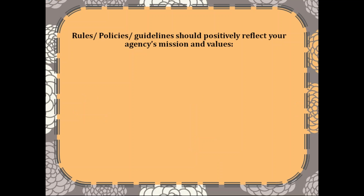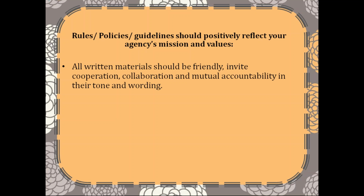So first of all, you want to be sure that whatever rules or policies or guidelines, whatever you want to call them, they reflect your agency's mission and values. All materials should be friendly. They should invite cooperation, collaboration, and mutual accountability in their tone and wording. Things that are bold, italicized, underlined, in all caps, or using a whole slew of exclamation points are not friendly